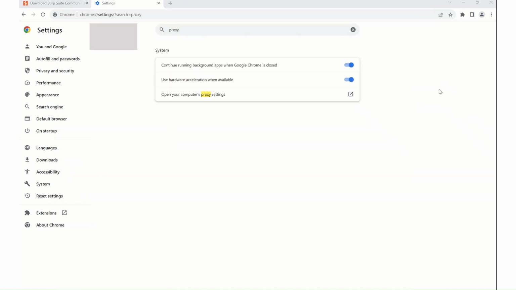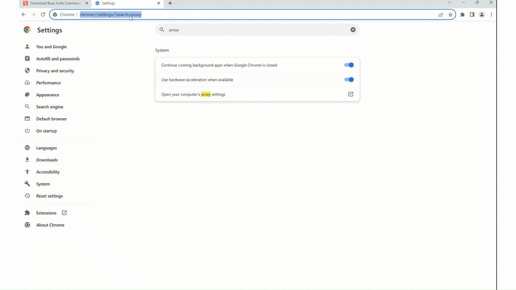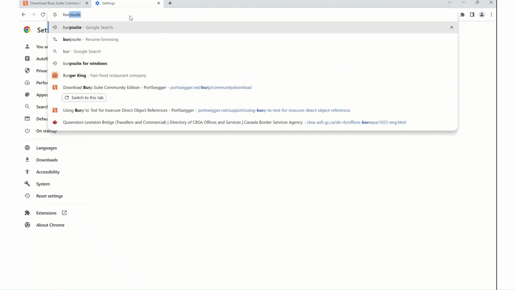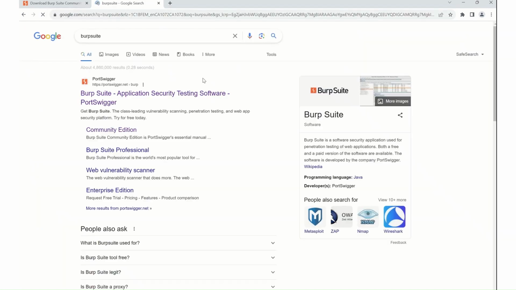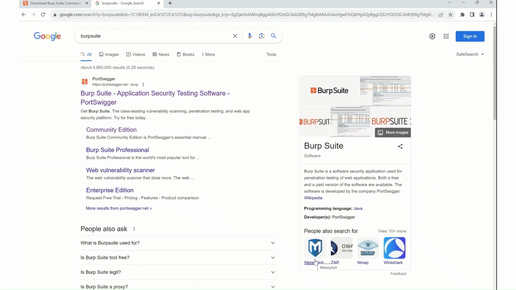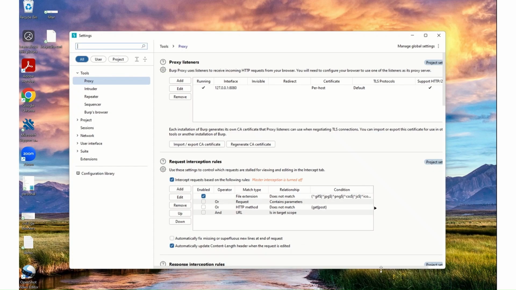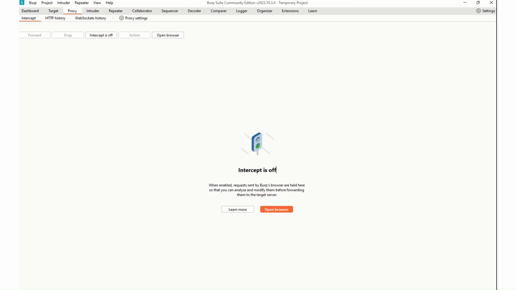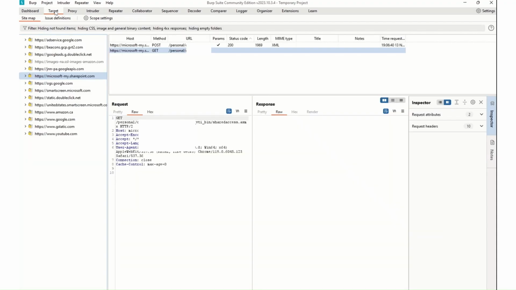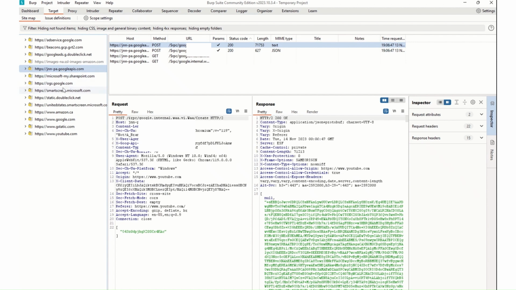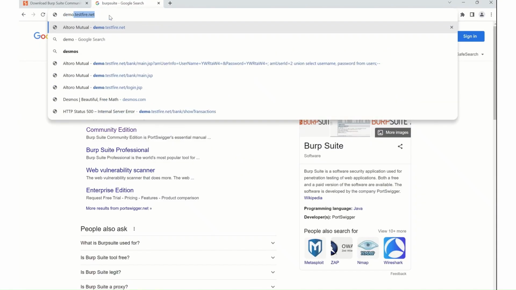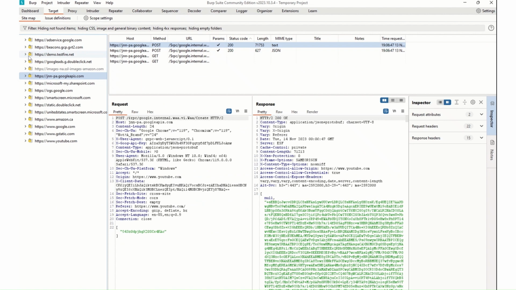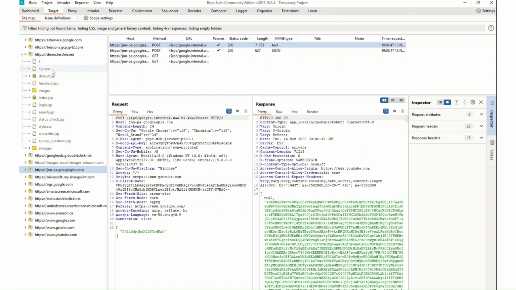Now, once you're done with this, go in and check if the proxy settings which we have made have taken effect. Just go about browsing anything on the internet and go back to BurpSuite. Close the settings, go back to BurpSuite and see if what you're searching for is here. So let me go back and look for demo.testfire.net and see, yeah, I can see demo.testfire.net traffic being